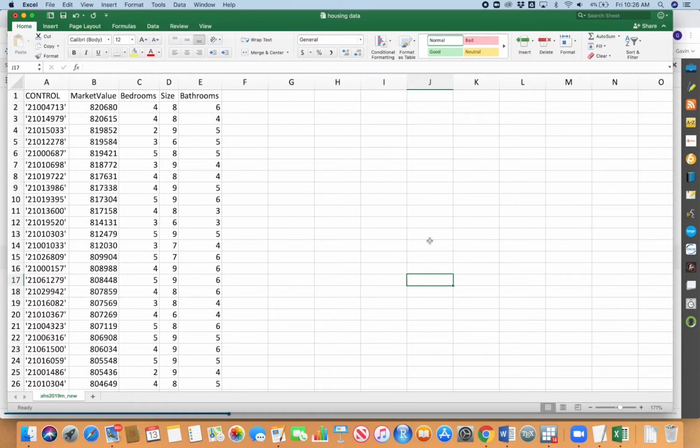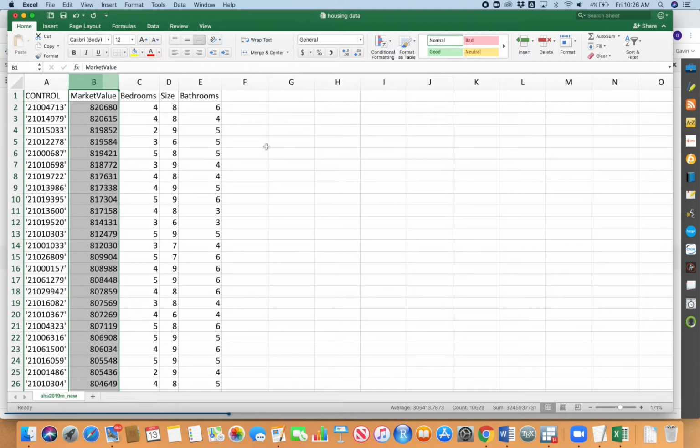Today I'm going to show you how to implement multiple regression in Excel. And I'm going to use a data set from the American Housing Survey, which has a lot of detailed information about houses in the United States. We are going to use market value right here as the dependent variable. So actually, this is going to be motivated by that same research question, kind of like house price, the determinants